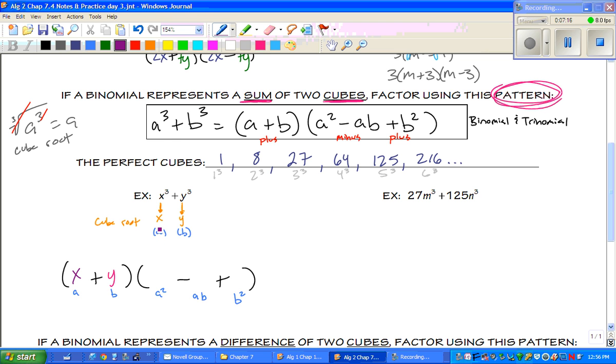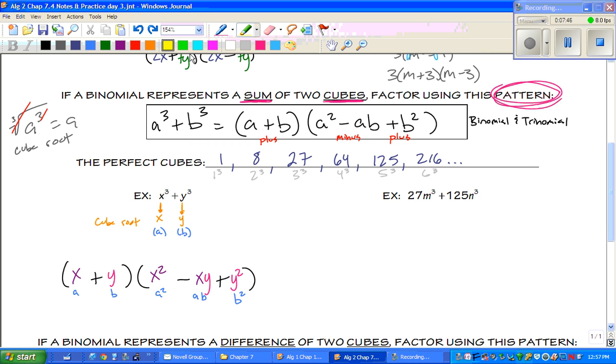okay? Now, A squared would just be X squared. A times B would just be X times Y, and then B squared is what the Y was, Y squared. So all we did was just fill in the numbers that we had, which were right here, and we filled them into the pattern. All right,